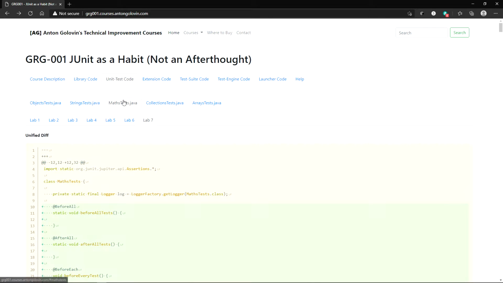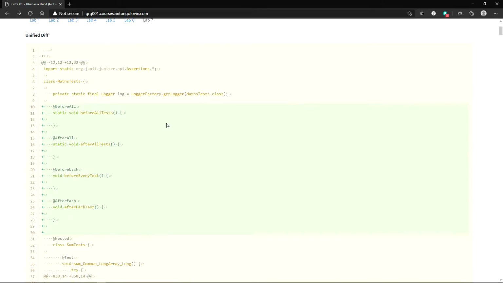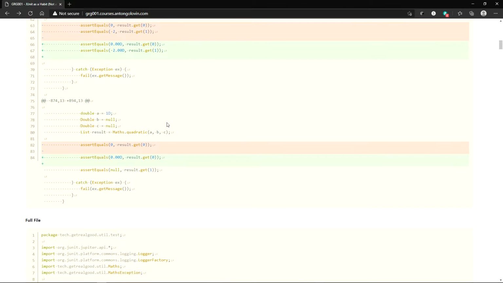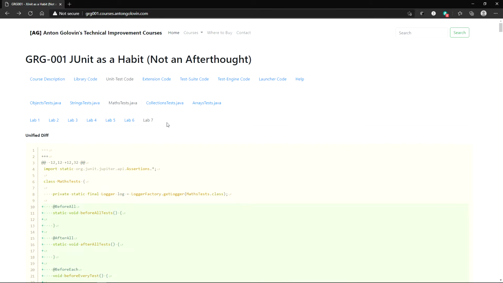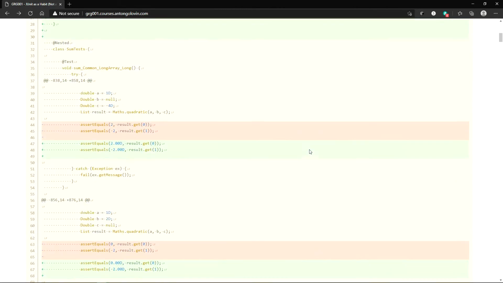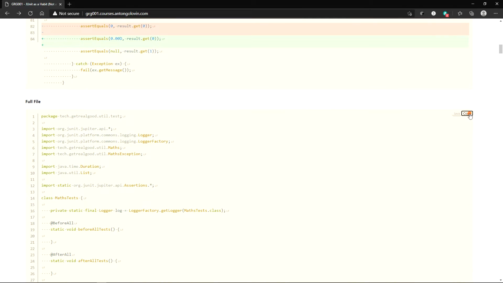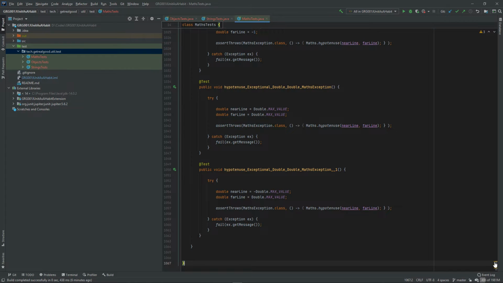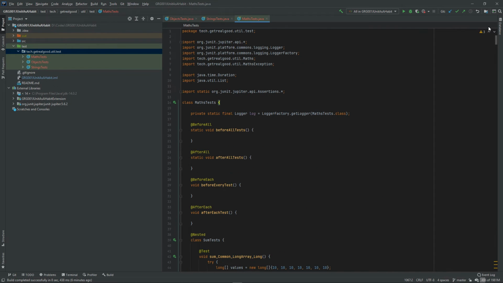For lab 7, maths tests, collections tests, and arrays tests do not have any functionality related to lab number 7. And we're using only objects tests and strings tests, but for completeness sake, we're going to use everything, as we always do. Alright, let's copy what we copied. Let's paste what we copied on the project website. And the next is going to be